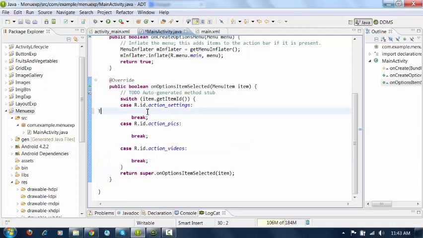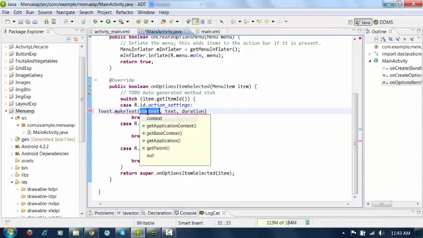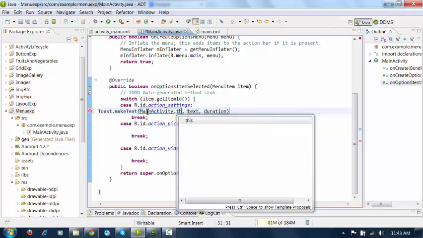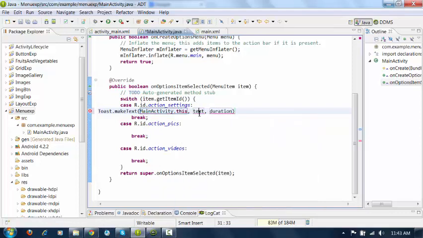Now if it is action settings, what do I have to do? As of now I will show a toast message, Toast dot makeText. I think you remember how to use toast messages. MainActivity dot this. Here I'll show the message: you have clicked on settings.